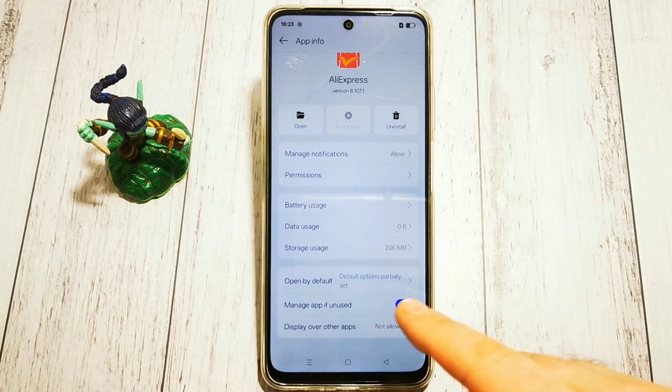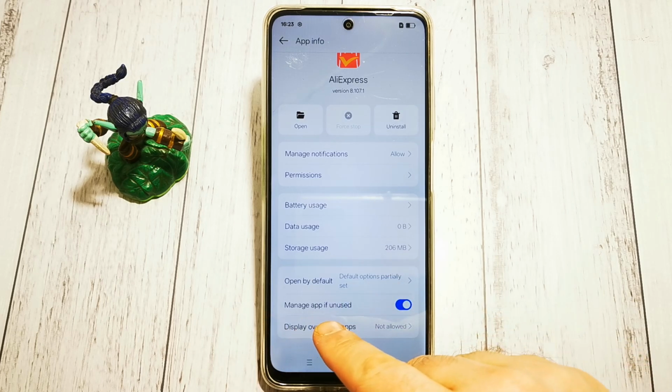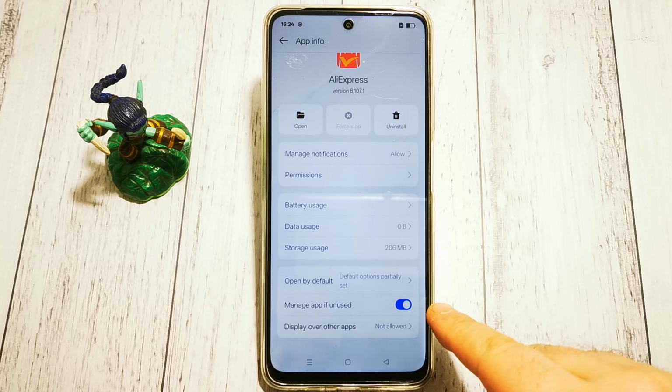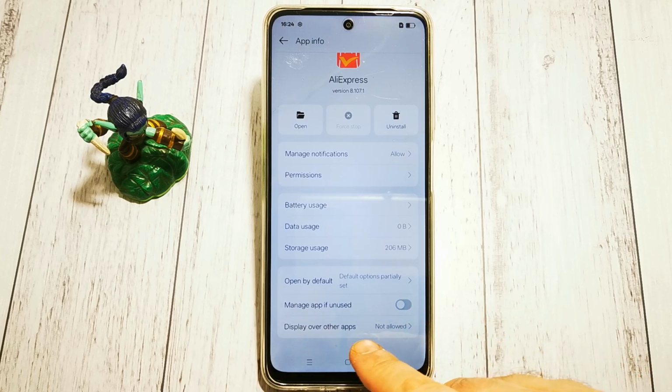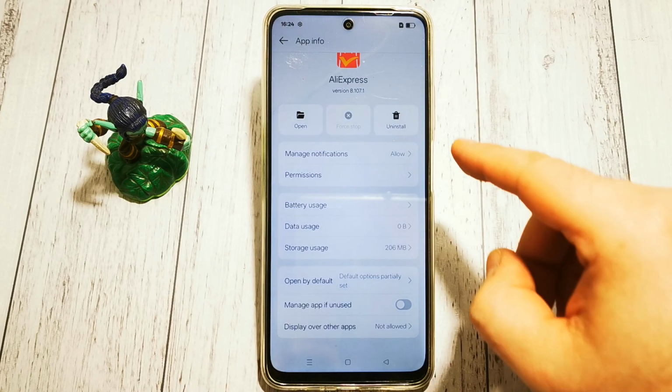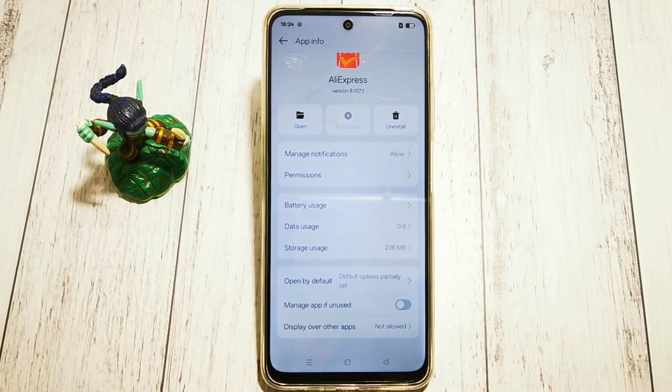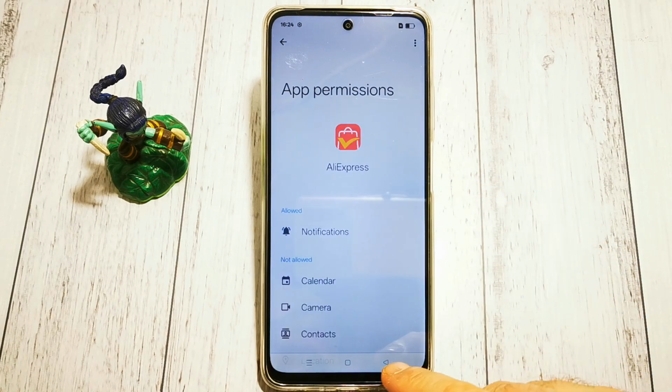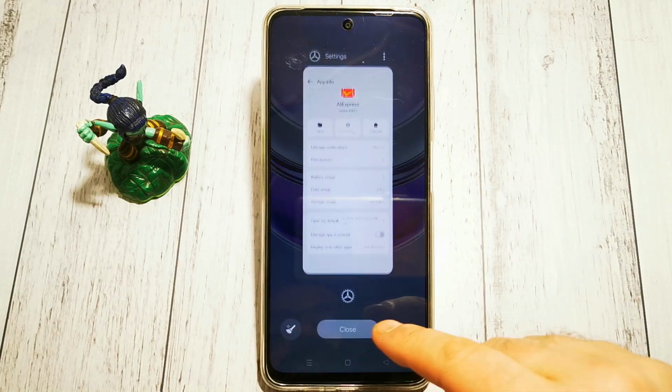What we have here, we can have manage app if unused option, so we can enable or disable, and we can have display over other apps switch. Here, of course, we can uninstall application using this option, and here we have our permission manager and notifications at the top, and that's